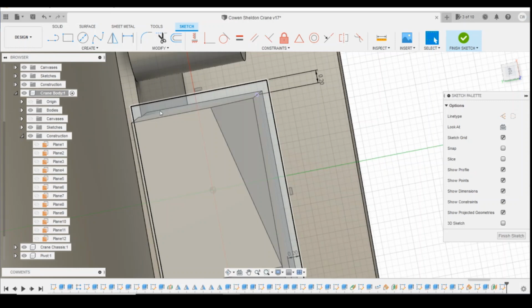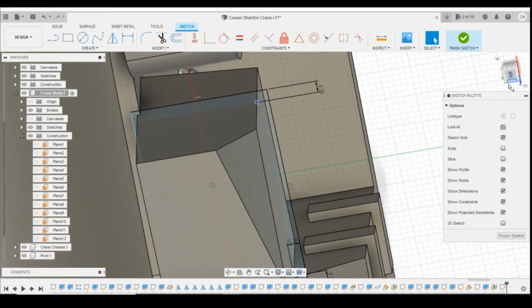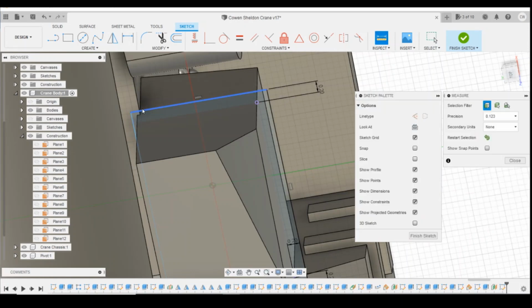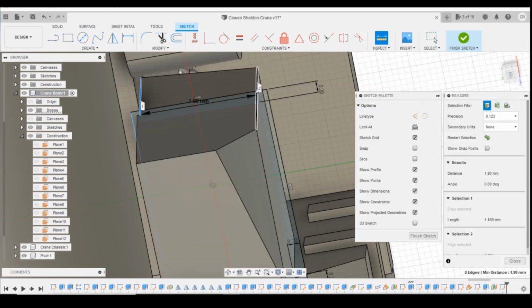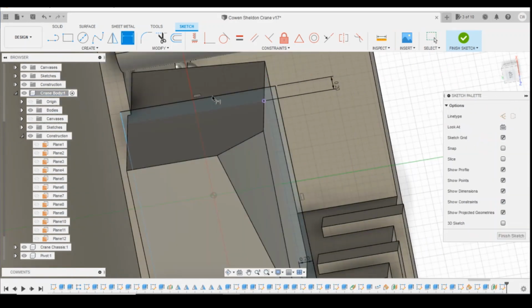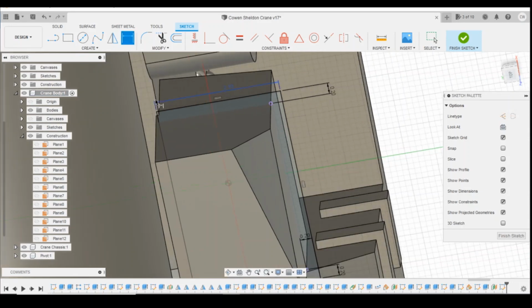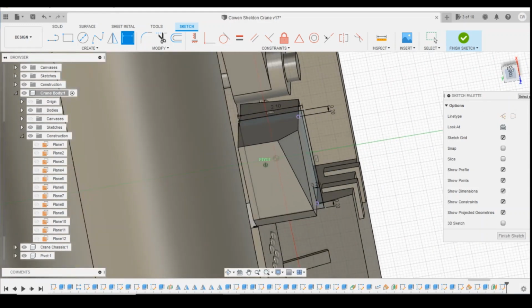Okay, not an issue. What we can try and do then is if we inspect from that edge to the front edge, we know that's now 1.9 millimeters. If we define that box as 1.9 millimeters, actually it needs to be more than that, it needs to be 2.1 because we've got 0.2 on the front here. That takes it back to that face there. Yep, that